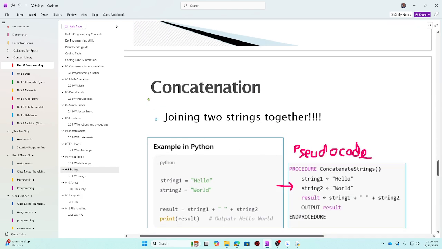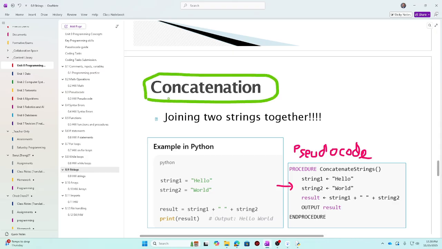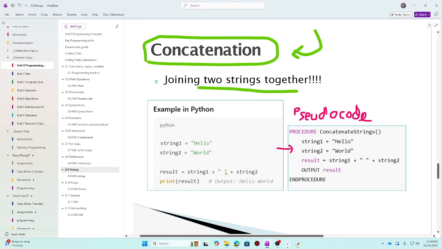Okay? How to say this big word there, Uma? This is really big. Yeah, concatenation. Concatenation is a very interesting word. It just means joining two things together. It's really simple. How to do it? You just use the plus sign. Plus does not mean add. When we're talking about strings, what does it mean there, Wendy?